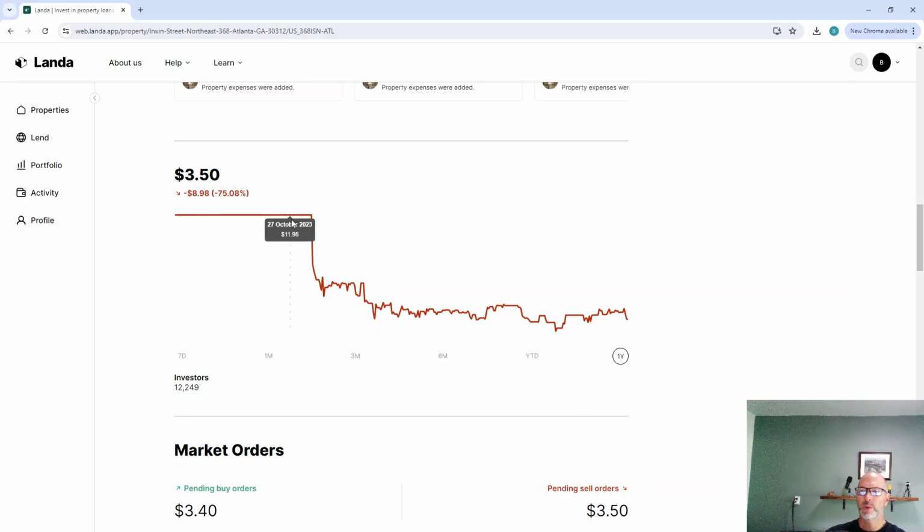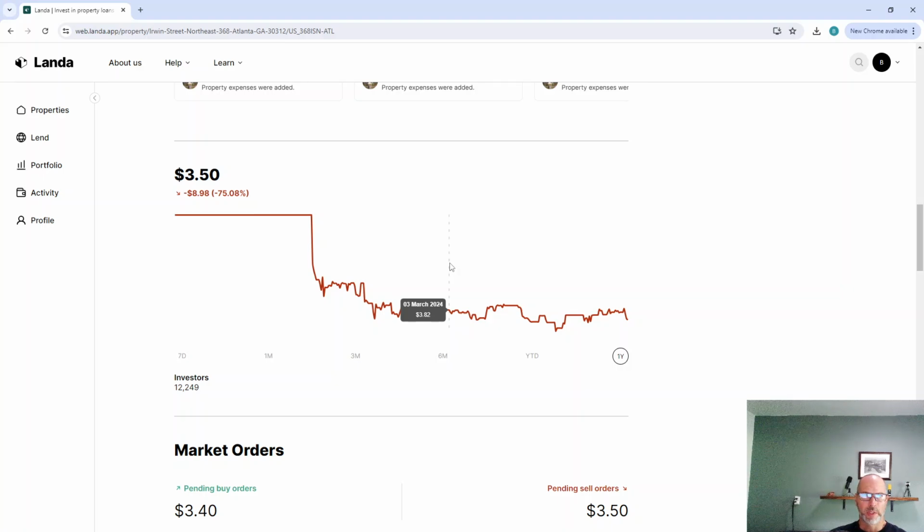And then when they sold out and the shares went live on the trading platform, they dropped from $11.96, almost $12 a share, immediately down to $6, and very quickly down into the $3 and $4 range where they've been trading now, as you can see, for months. So why is that? Well,